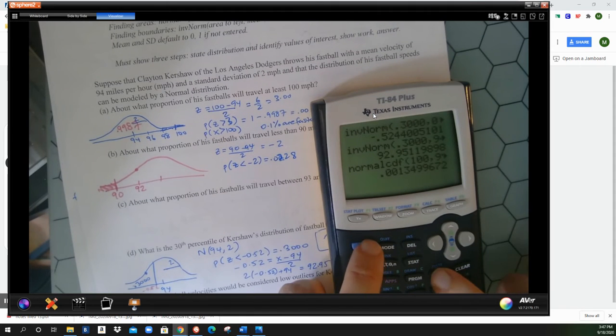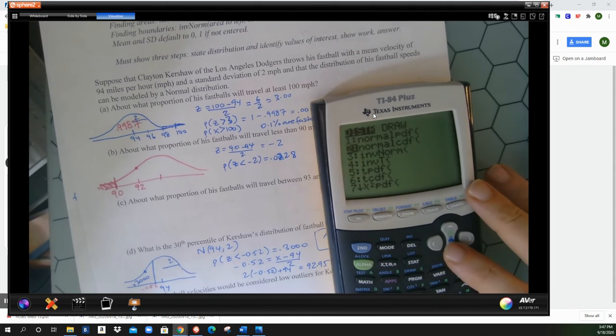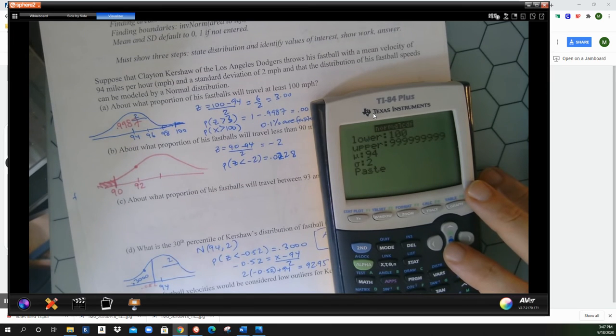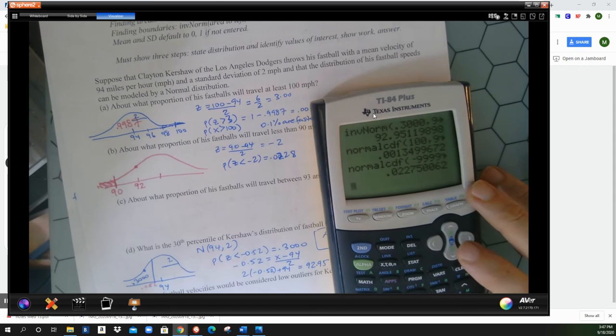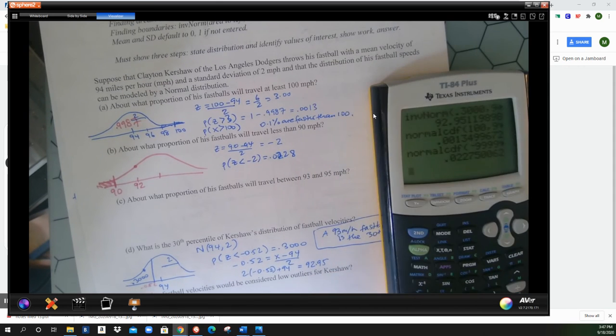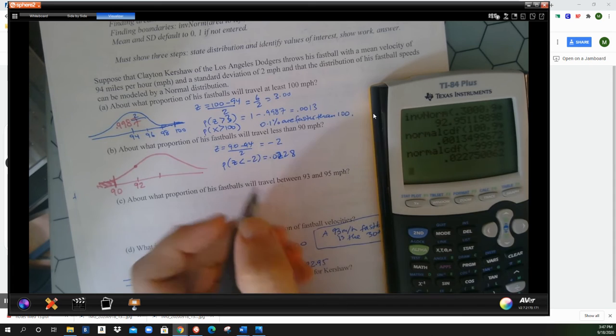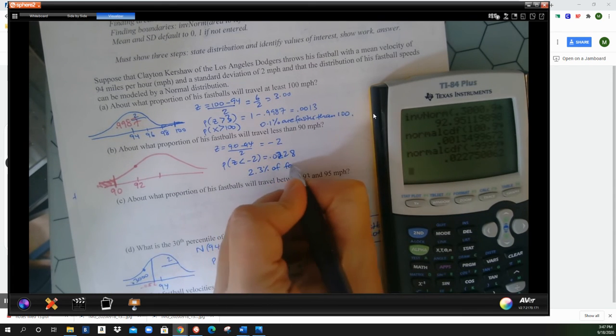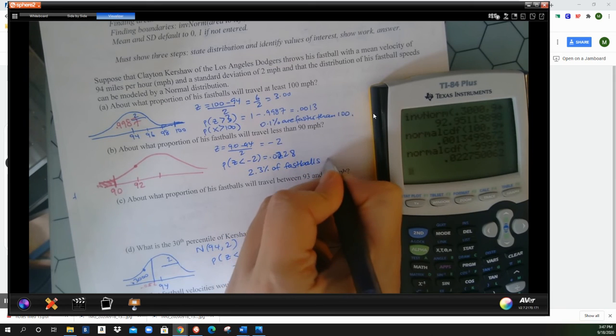Maybe I'll check it. So second var, so you get the distribution. Normal CDF. When would I like to start shading? At negative infinity. When would I like to stop shading? At 90. And then the mean still 94 and 2. So here's the deal, guys. With these, I might use these on a multiple choice question where my work is not as important, right? That totally agrees with me. So we're going to say 2.3% of fastballs are